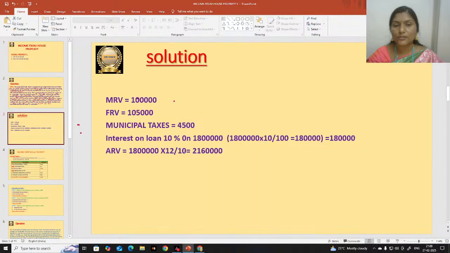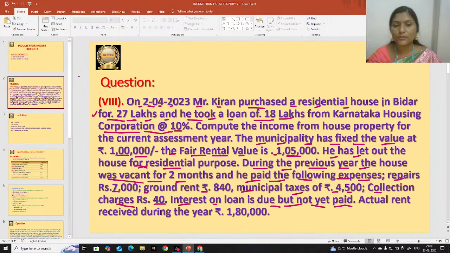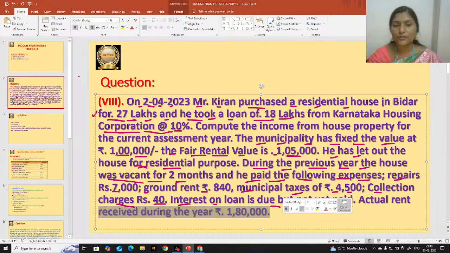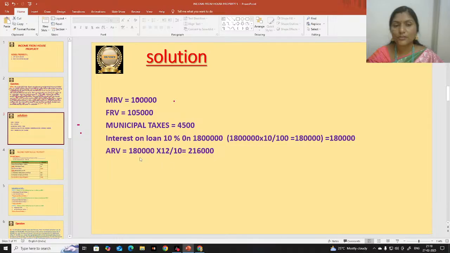Sorry, we have to cut that. It is not 18 lakhs, it is 1,80,000. 1,80,000 into 12 by 10. So we will get 2,16,000. You can remove that, it is not 18 lakhs, it is 1,80,000. You can see here, I was mistaken. 1,80,000 is the actual rent that he is receiving, for 10 months. So 10 months rent is 1,80,000. We calculated for 12 months, 1,80,000 into 12 by 10. So we are getting